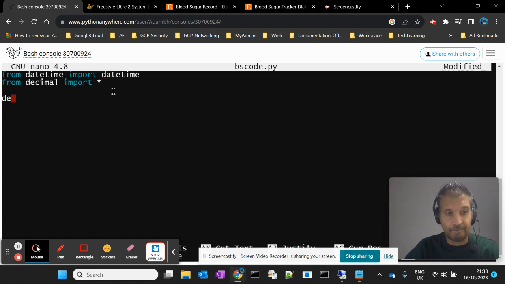Then we're going to create a function. So we can just call it add blood sugar, colon. I'm going to do a tab, and then I want to put my variable. So the first variable, I want to log the time, the actual time which the blood sugar is taken. So I can call the variable now, so that can be anything, and I'm going to use the module datetime.now